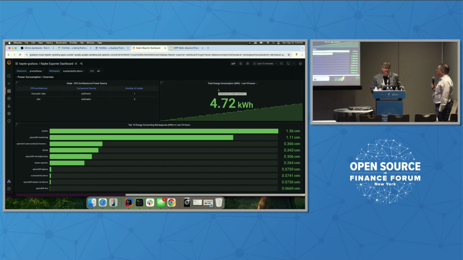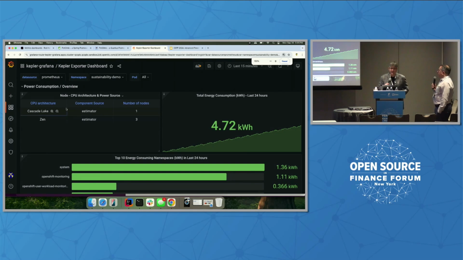What it's showing you here in particular is some information about the architecture, telling you where the data is coming from and how. I should probably increase the resolution a little bit. It's giving you the types of processors and what the source is. It's an estimated measurement because we're running everything in Amazon, so we don't see exactly the power consumption, but we can tell what's going on in there.